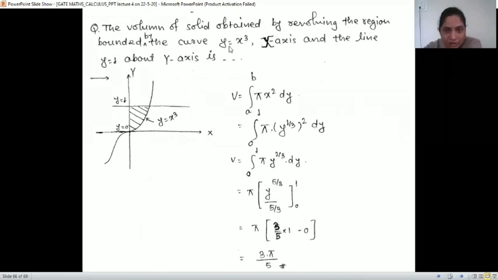Given is y is x cube. So if we draw the curve y is x cube, we'll get this type of curve, right? And then the x axis, that is,